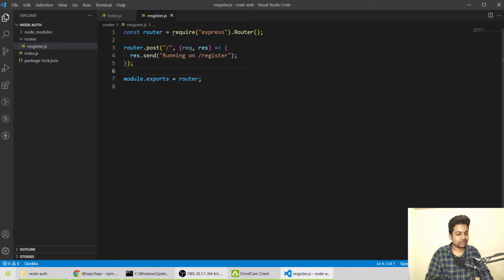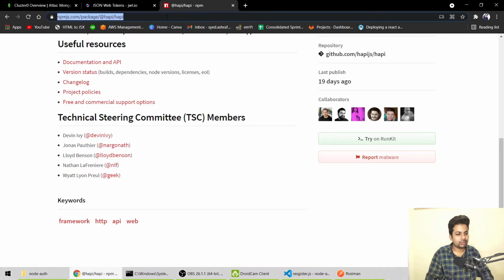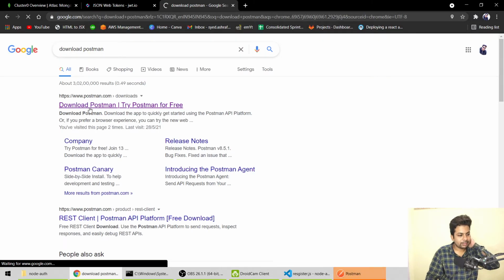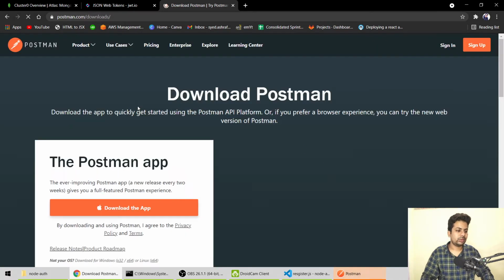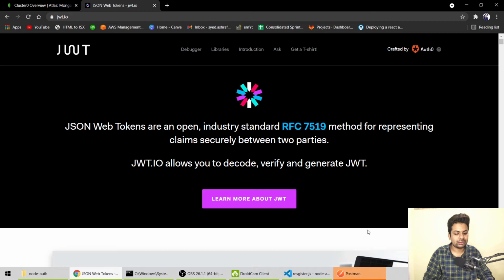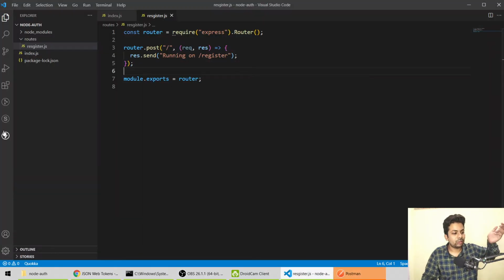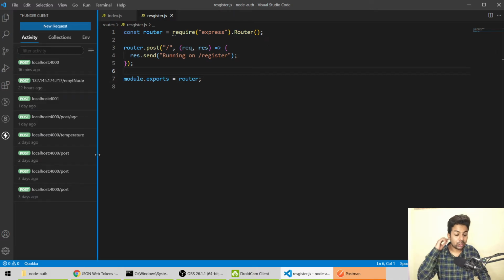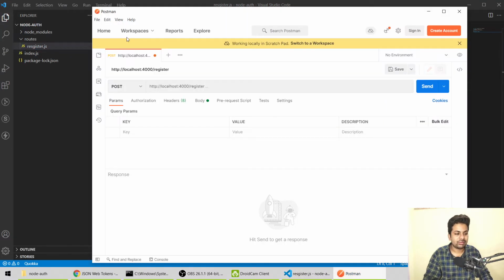Okay, so let me just open Postman. If you don't know Postman, you can just download it, it's very basic, used for testing APIs. Okay, so you can just download it. I've already downloaded and installed it. And one more thing, there's something called Thunder Client, so you can use that because it's super lightweight and easy to use. It's built into Visual Studio Code, you can install the plugin, but I'm going to teach you with Postman because most people are familiar with it. I don't know if you are familiar with it or not.